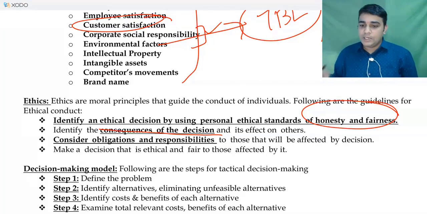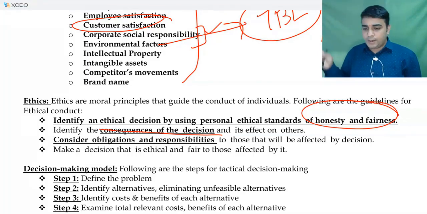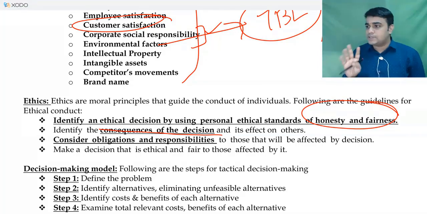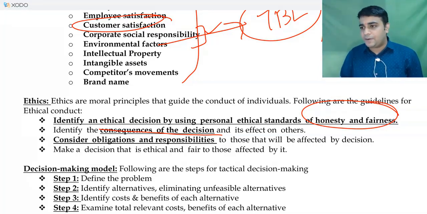You are going to set up a new plant in Chennai, but it's going to have an extreme impact of pollution. But you still go ahead and do it. You will see a lot of organizations will start having an issue with this. There will be some protests against this, and finally the company may have to move out also. So all those challenges can come.